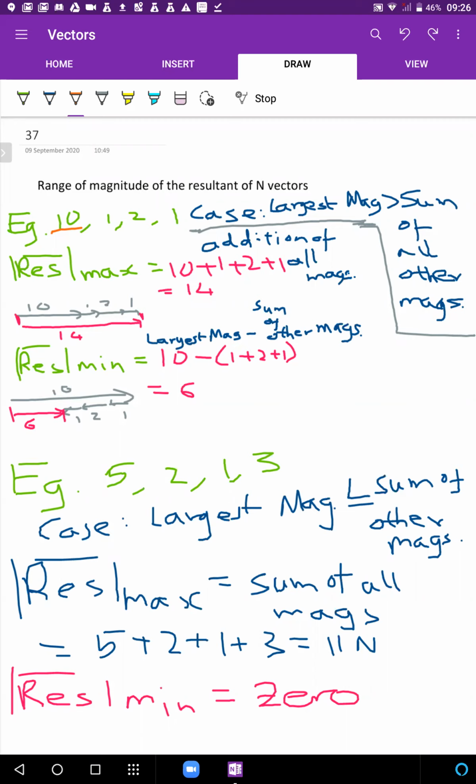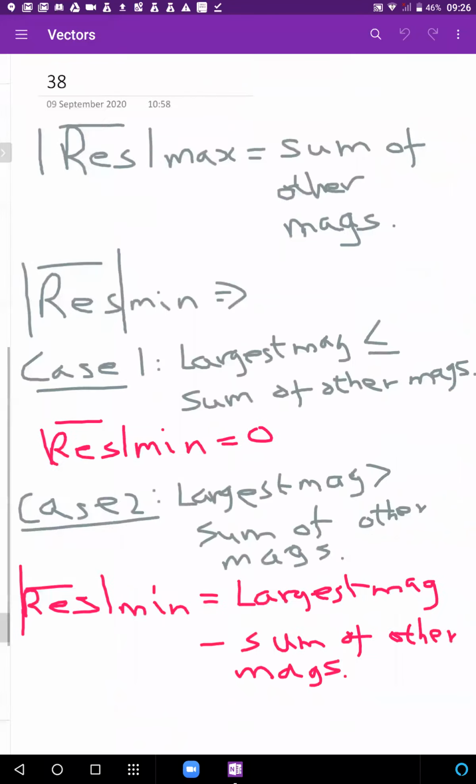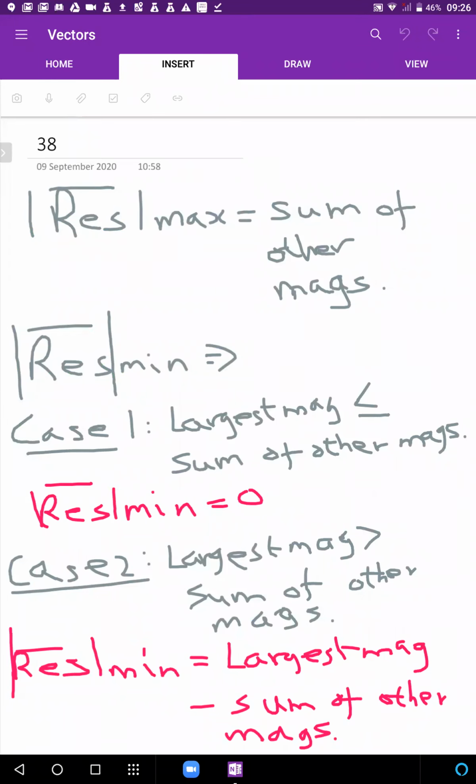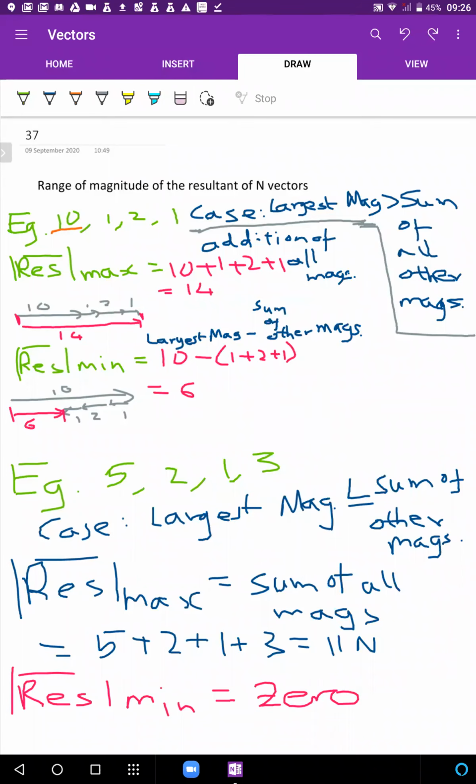लिख के हो गया तो बता दो. If you were to write the range, how would you frame it? यहाँ पे I've just repeated the thing. You'll frame the range in this way. You'd say the resultant lies between 6 and 14. So you can either say it lies between 6 and 14,